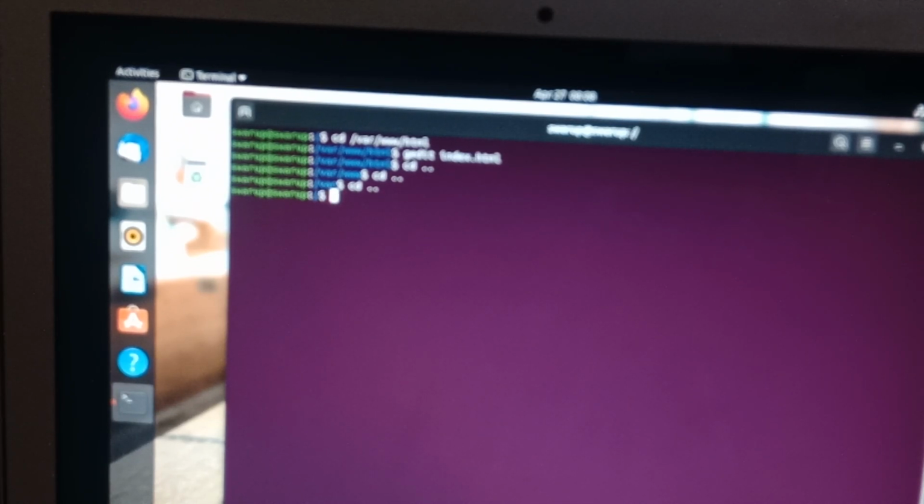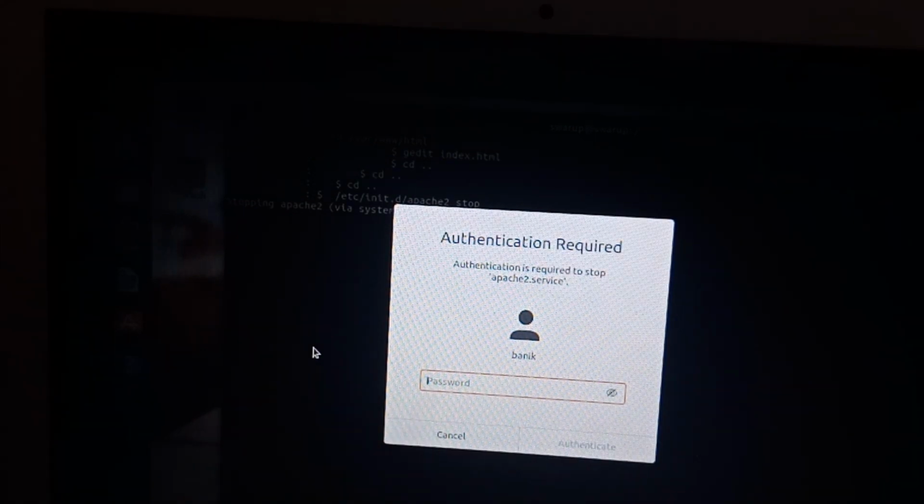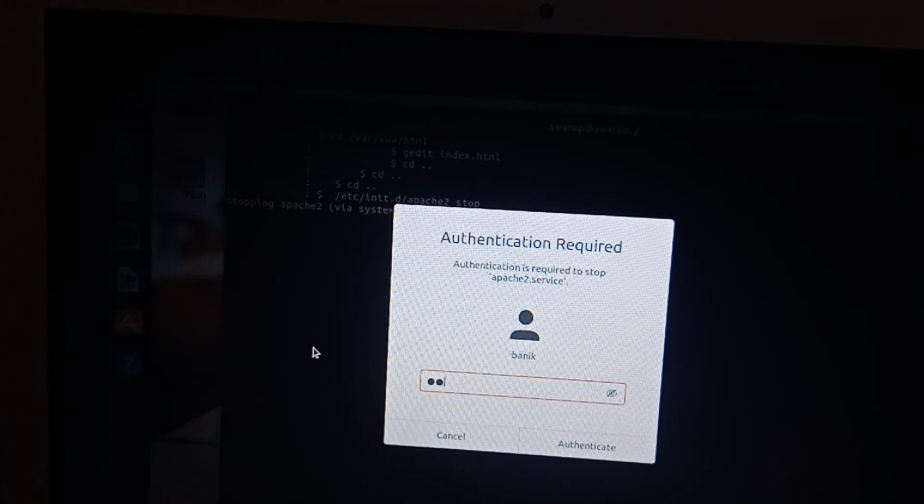Here we go. /etc/init.d/apache2 stop. They're asking for the system password. I'm giving it,